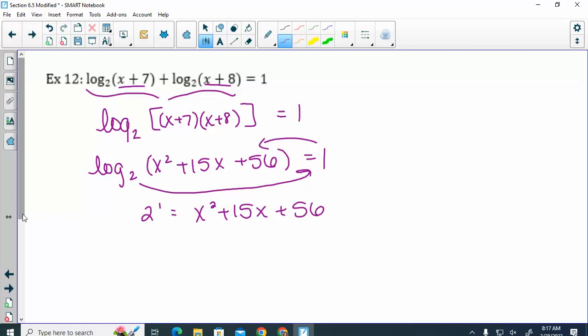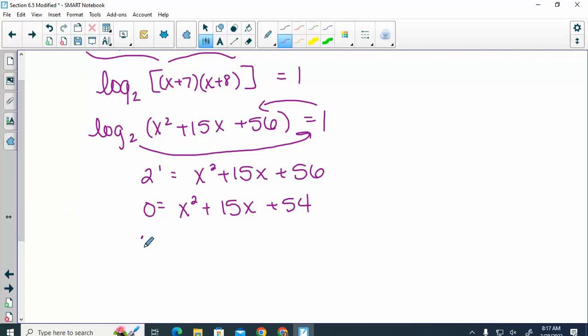And what do we do? The first is just 2. Quadratics we always set equal to 0. So what multiplies to 54 and adds to 15? And then set each of those equal to 0, so you get